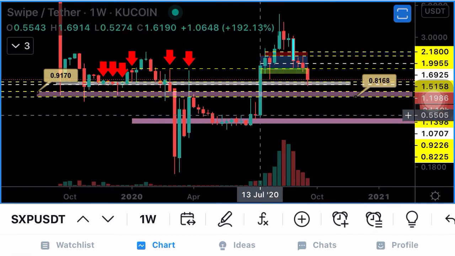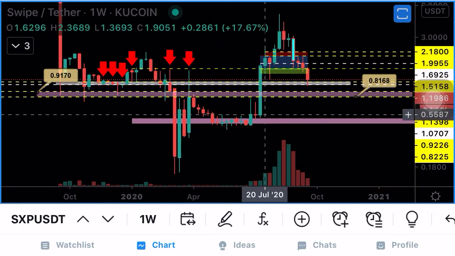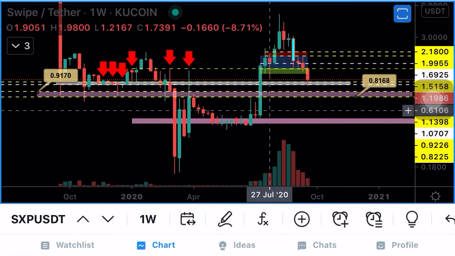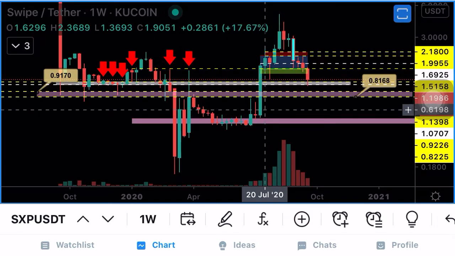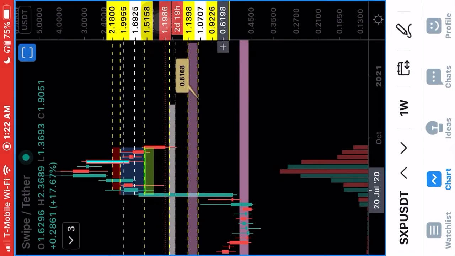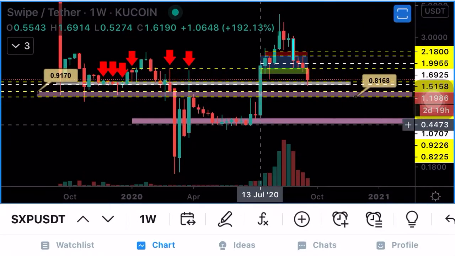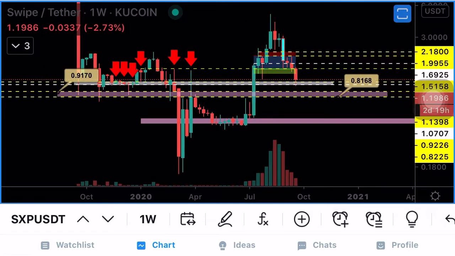which you will consider to be a validation level that price is going to continue higher, or an invalidation level. So below here would have been the invalidation level that price was not going to move higher. Here would have been a validation level. You can even say here would have been a validation level, that once it had a clean breakout of 55 cents or even 60 cents, that was a clear indication that price was going to continue higher. So that was a validation level. It was validating the bullish setup. Price below it wasn't validating that bullish setup. It was validating the bearish setup. I hope I didn't confuse you guys with that.